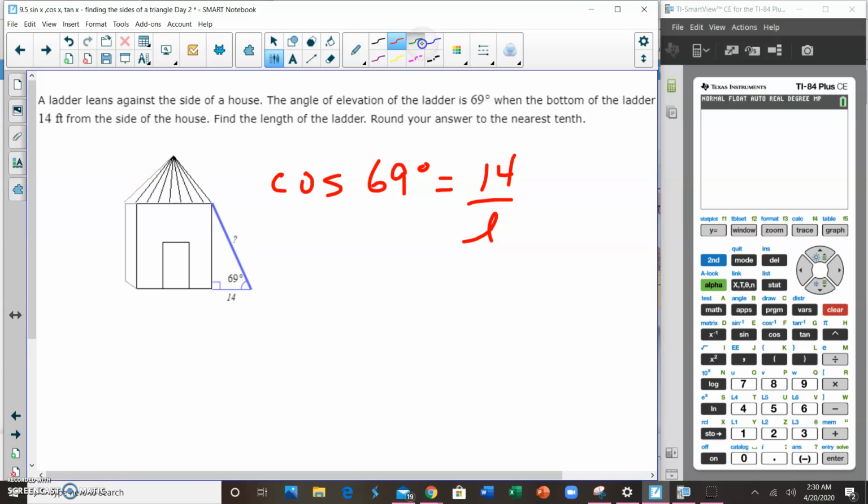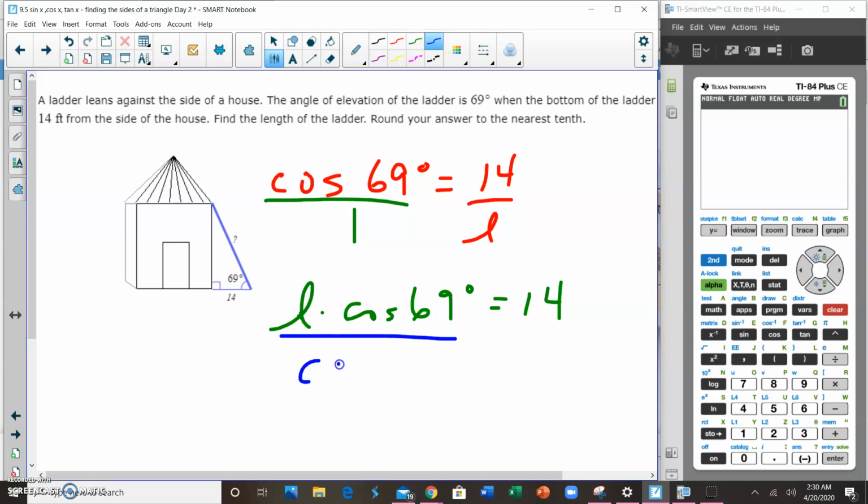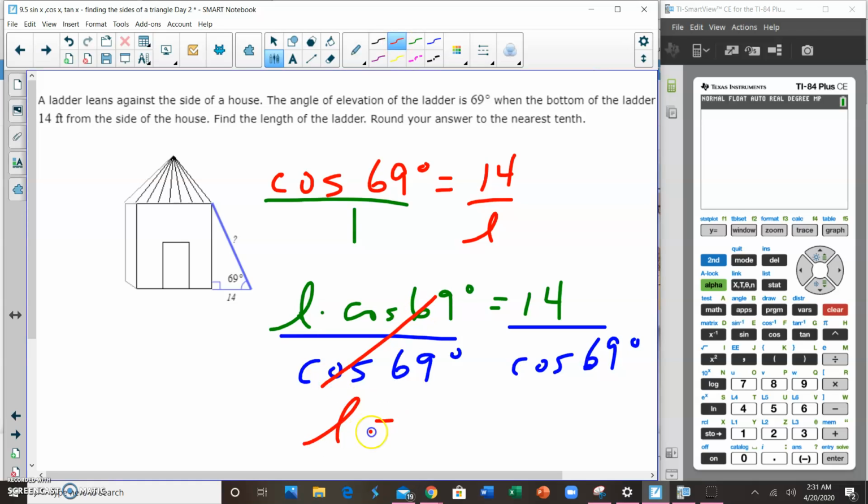So now I'm going to put this over 1 and cross multiply. So I'm going to get L times the cosine of 69 degrees is equal to 14. All right, so how do I figure what L is? If it's multiplied, you divide. So I'm going to divide both sides by the cosine of 69 degrees, so that this over this is going to cancel. So I get L is equal to, and then in my calculator, I'm going to go 14 divided by the cosine of 69 degrees. Hit enter, and I get